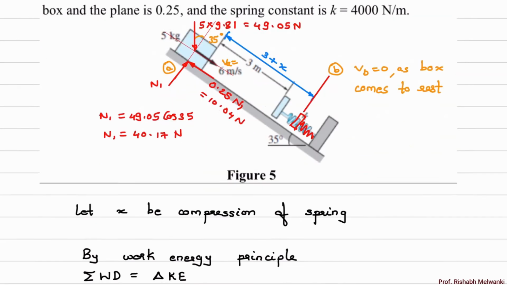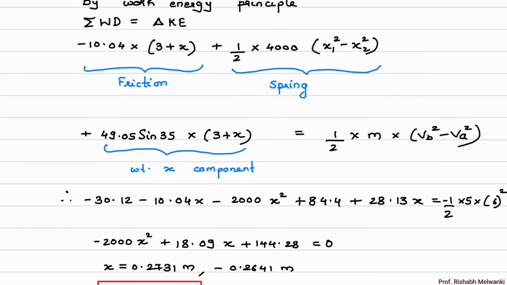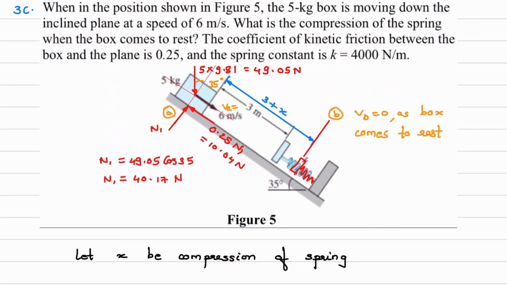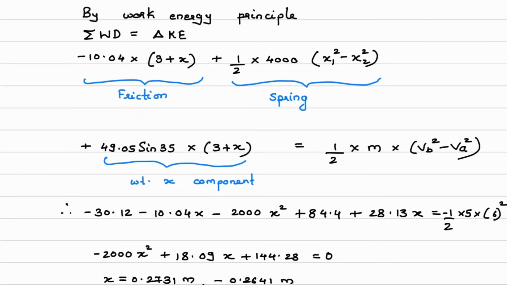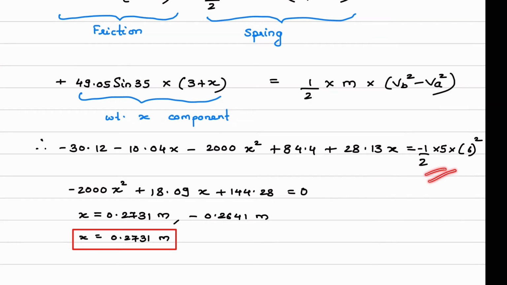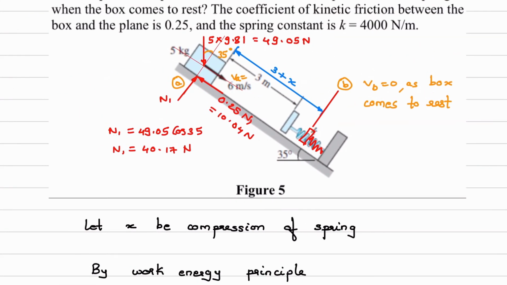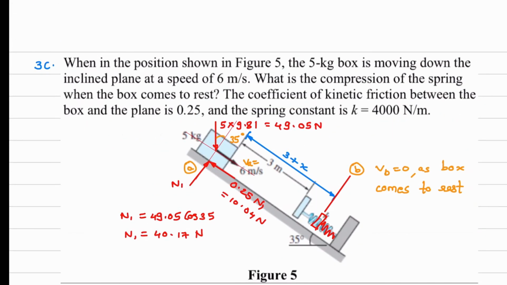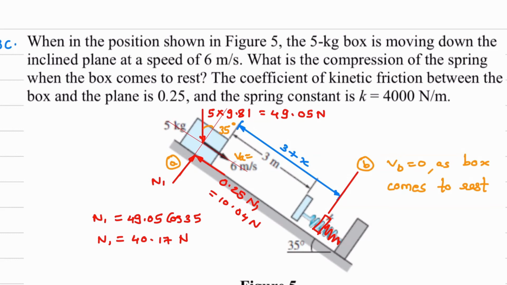So if you consider the right hand side, the change in kinetic energy, that will have some VA value. Here you can see we have VA value on the right hand side. So it will be half m VB square minus VA square. And if you see this question, again it is asked what is the compression of the spring. Here we have to assume that it is maximum compression. So the block will come to rest at position B, so VB is 0.